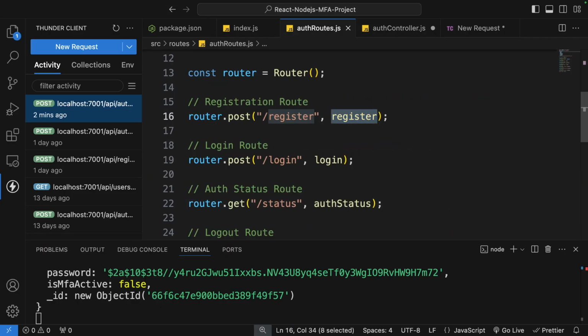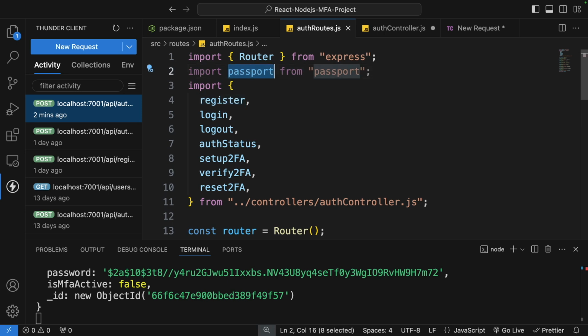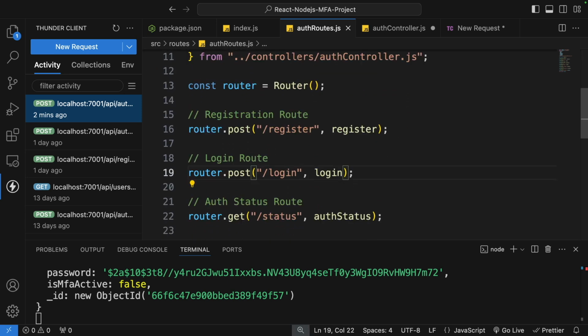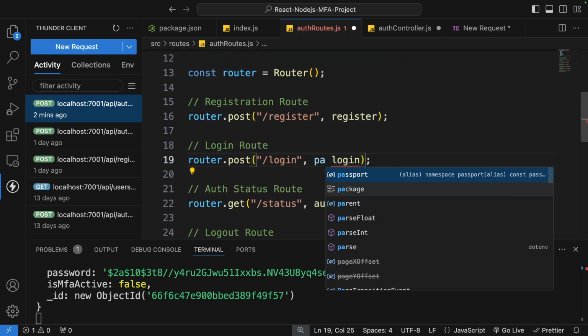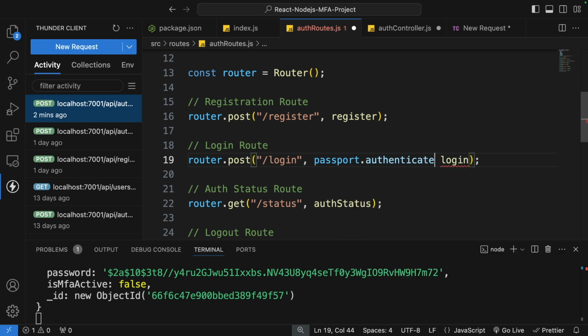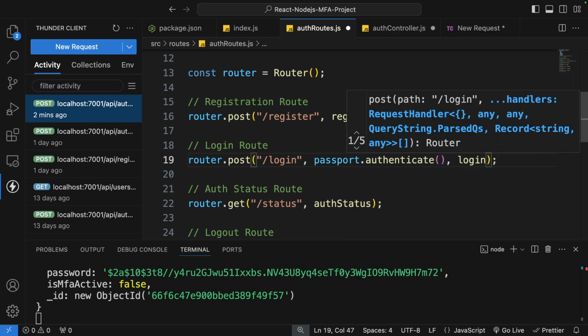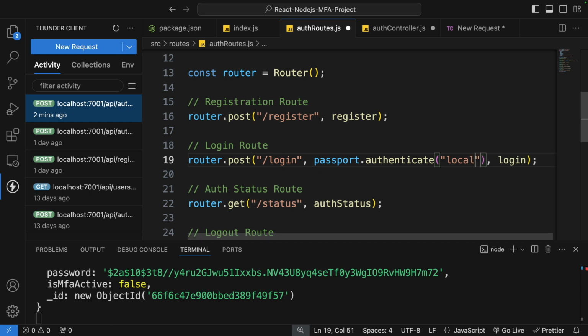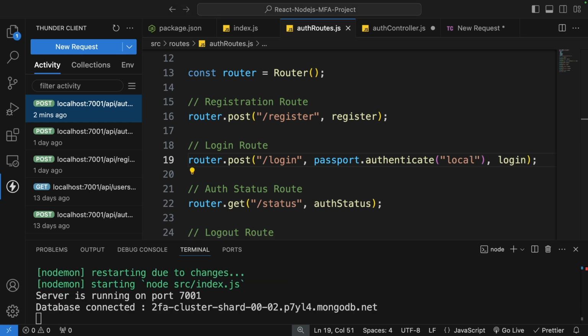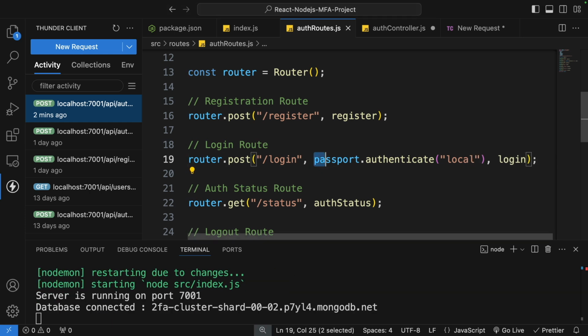I will go to the routes, and in the routes we already have the passport. So here I have to provide the passport middleware. So I will have the passport.authenticate, and here I have to provide my strategy. So ours was local. All right, so we have added this, but just by providing this passport.authenticate local, our authentication